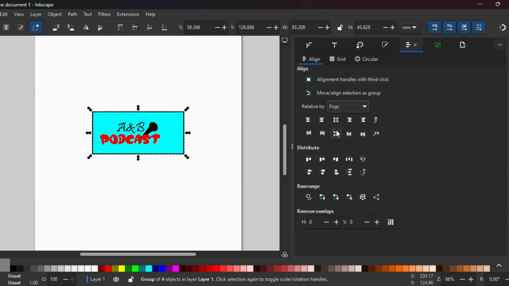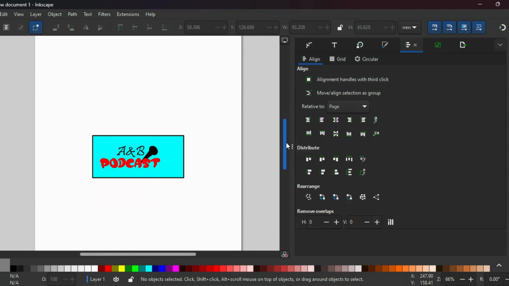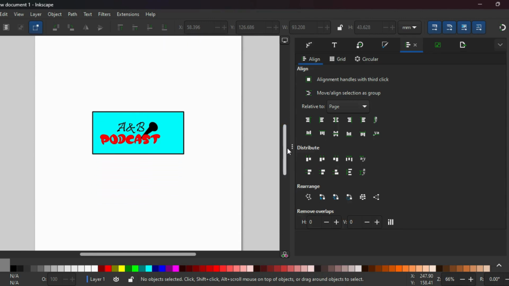You see the movement. Then I'm going to come down there, which says center on horizontal axis. Now once I press there, it just moved up, meaning it's now geometrically centered on the page. So even if I move it,